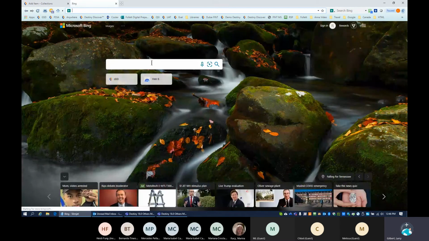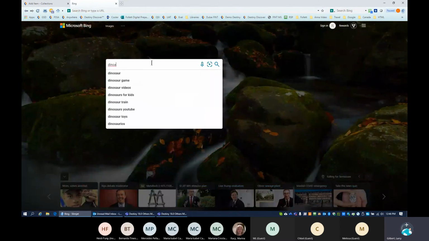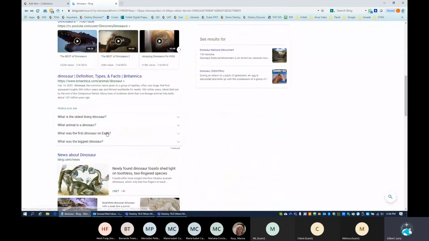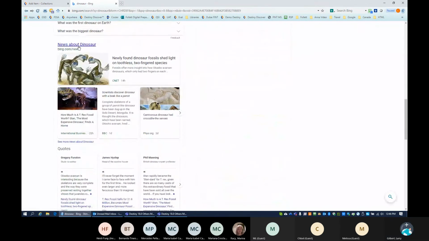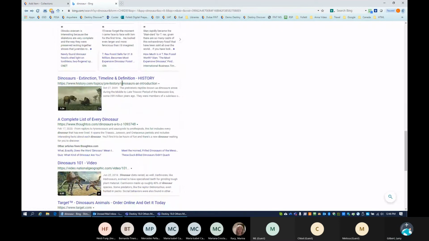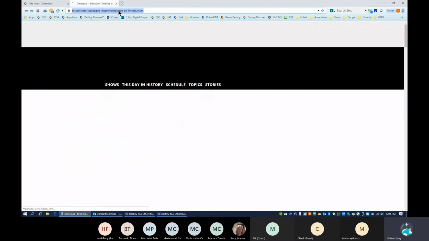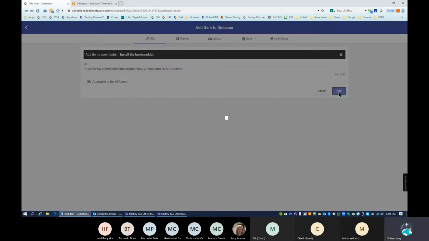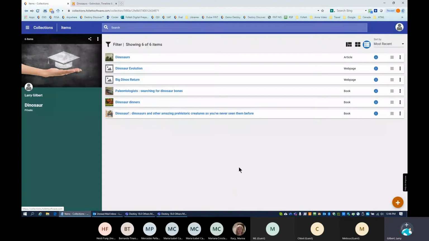If you are out searching around, you find a website that you like, you want, well, wrong one. You could just copy and paste, come back in, paste it, add it. But that's too many steps also. Ideally,